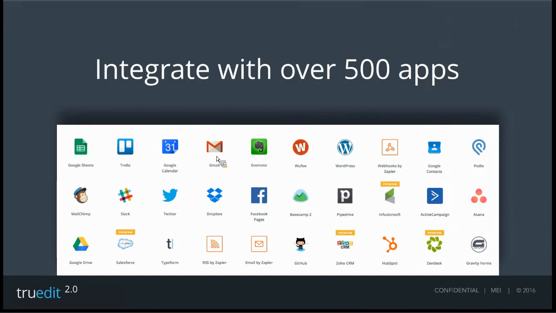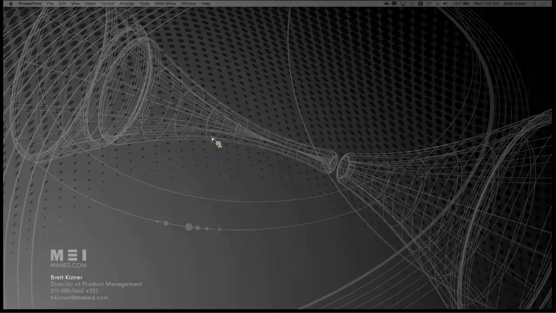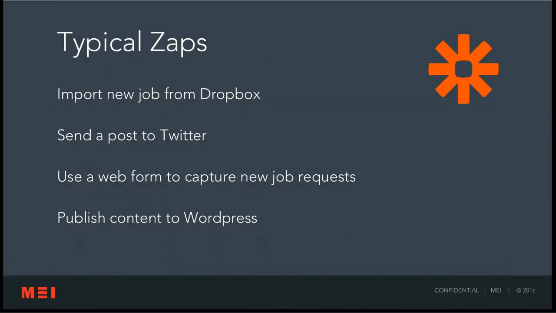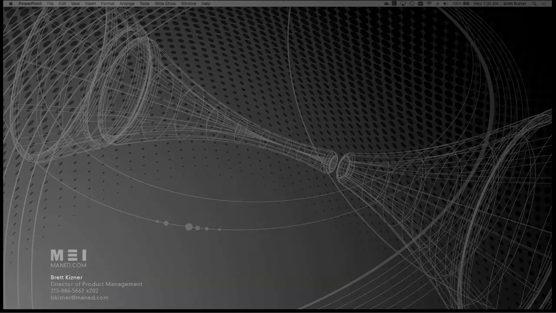Ultimately, what this means is I can use TruEdit's integration with Zapier to bring content into TruEdit, such as creating a new job from a piece of artwork that was dropped into a Google Drive or a Dropbox folder, bring in new projects that were started through a web form, creating an entry in a Google Sheet, or be able to take content out of TruEdit and automatically post it to my Facebook page or to my WordPress website, or to be able to send content to Twitter or Trello or Slack, for instance.